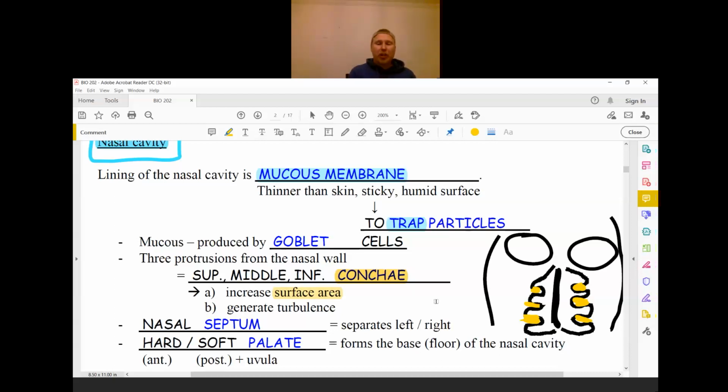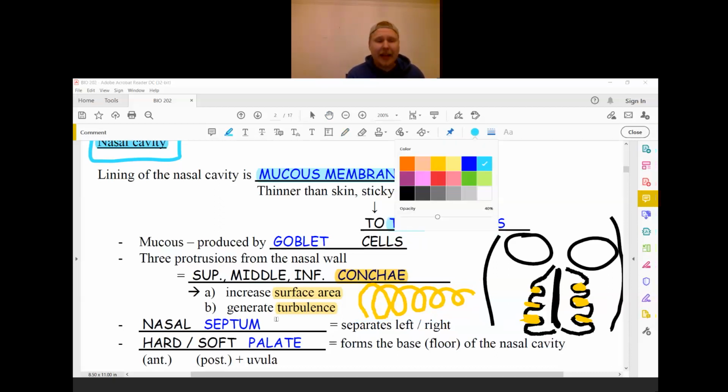And we'll discuss a few other functions as well. The other thing that these conchae do is generate turbulence, if you wish to use that term. So you can think of that as a horizontal kind of twister or horizontal airflow, making sure that as much of the air as possible is circulated within the nasal cavity and gets in contact with this mucous membrane that we had a look at. I already mentioned earlier on